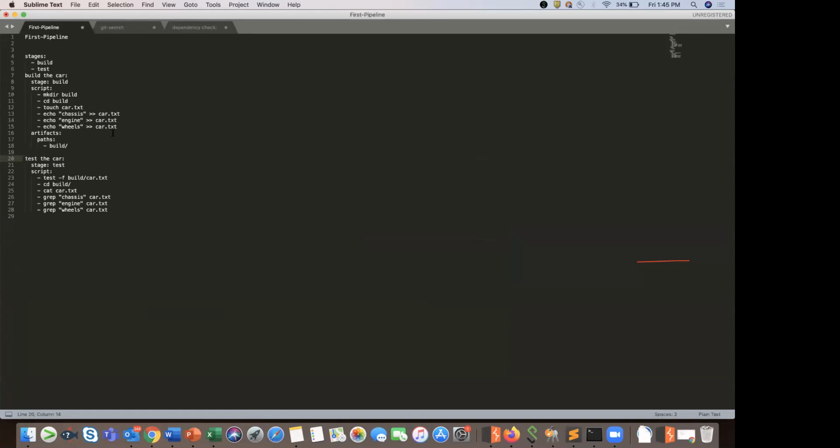Now what we observed at the end of this was the first job is executed, and once that is done, then the second job is executed. Now if I want to run this in parallel, whichever jobs I want to be run parallelly should be assigned to the same stage. That's it, as simple as that. So if I assign this to build and even the second job to build, then both these jobs will be run parallelly. Yeah, this is the first thing.